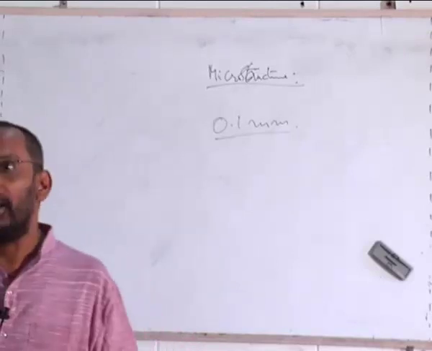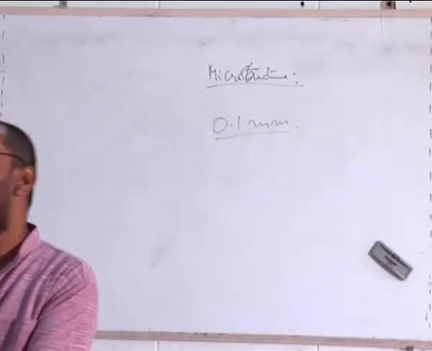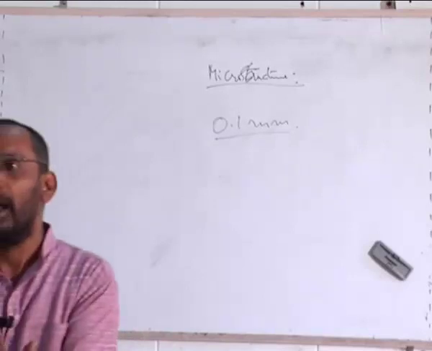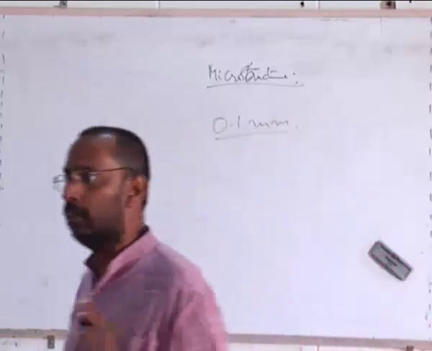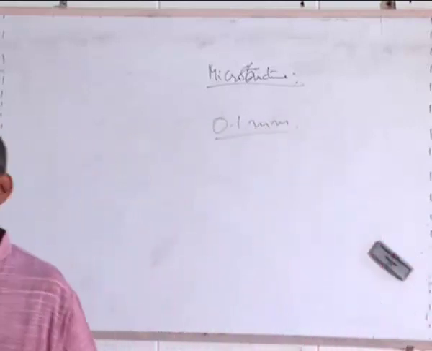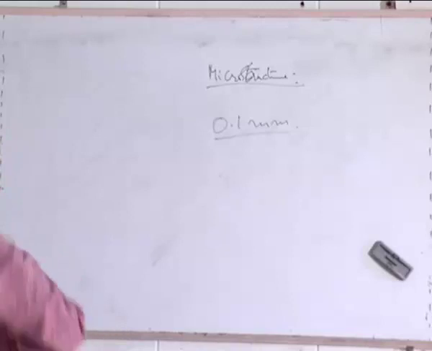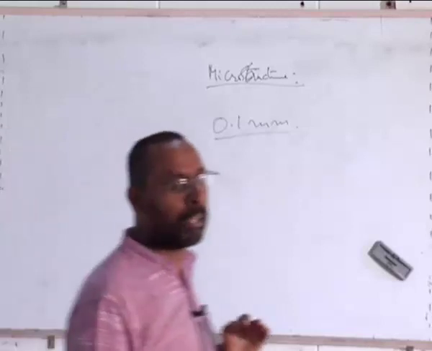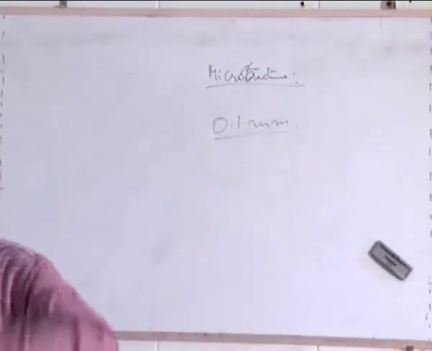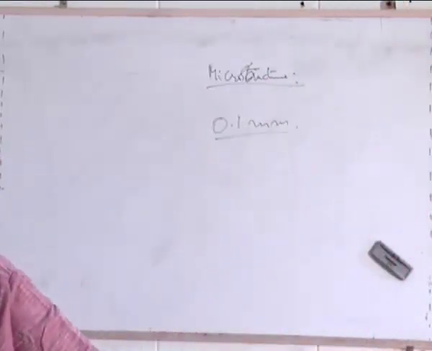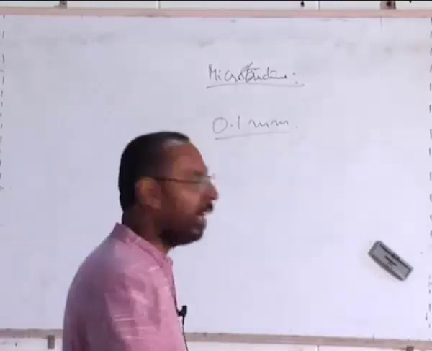That's the reason why when you go to a doctor, he will give you a piece of paper with something written there and ask you to hold it at a distance of 1 foot and then see. So resolution is always defined in terms of a certain distance, that is 1 foot, or 30 centimeters. That is the reason why in an optical microscope, the distance between the sample and your eyepiece is always 30 centimeters. From that distance, if I can see 0.1, then I would say that is the resolution of my eye.